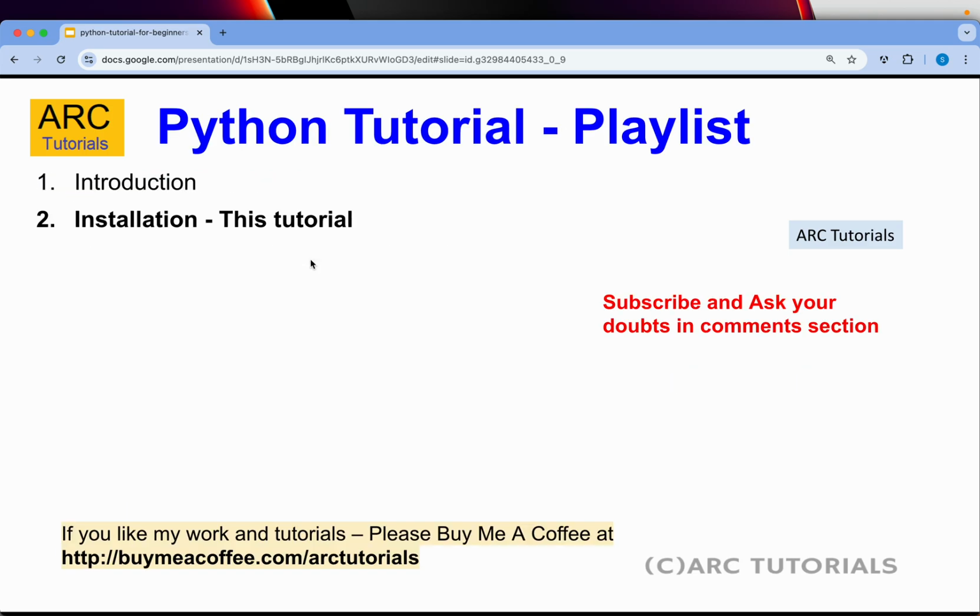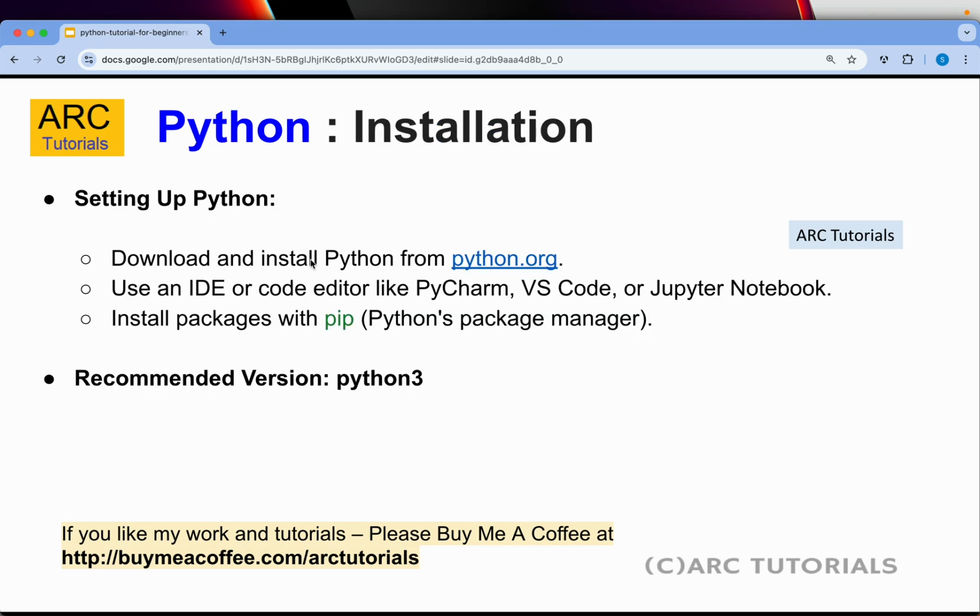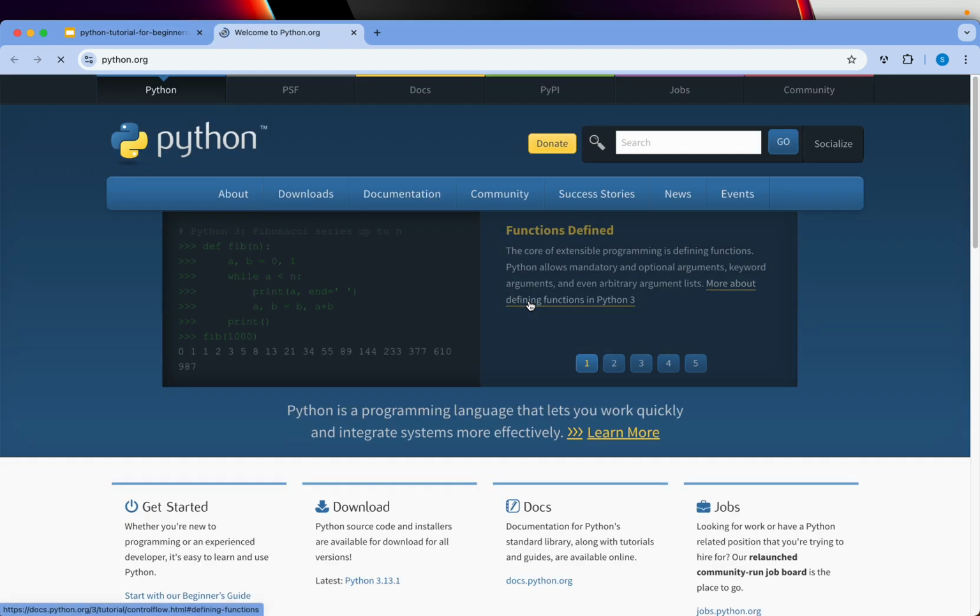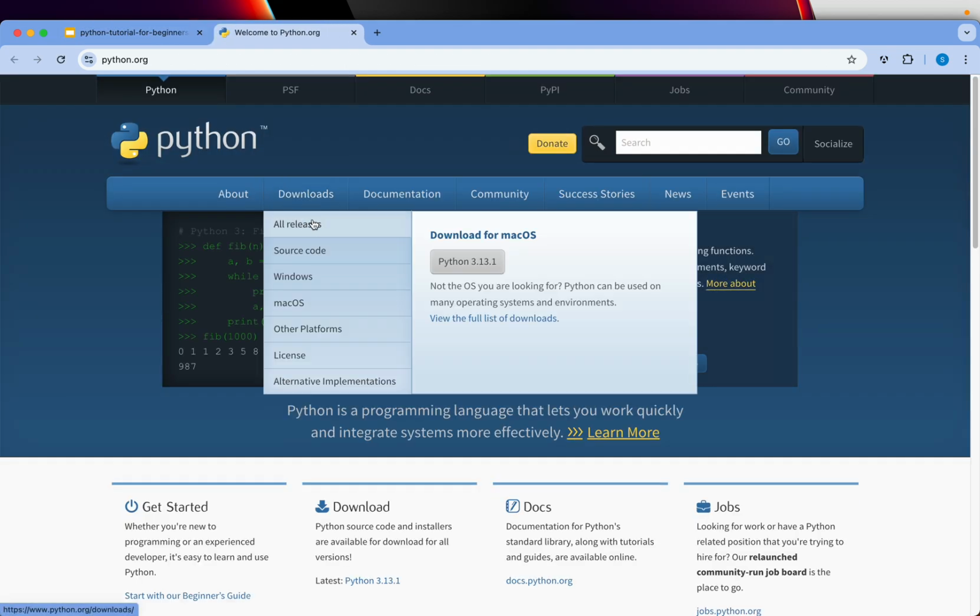Alright, so this is episode number 2. Today we are doing installation of Python. First and foremost, you can install Python from python.org. That's the website. You will go to downloads. Now, depending on the machine that you're working on, I'm working on a Mac, so it's suggesting I download for Mac. Important thing to know: the current version of Python is 3.x,